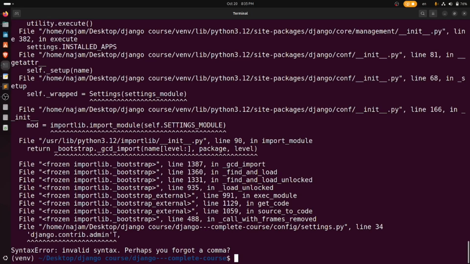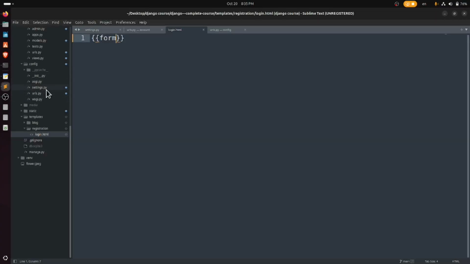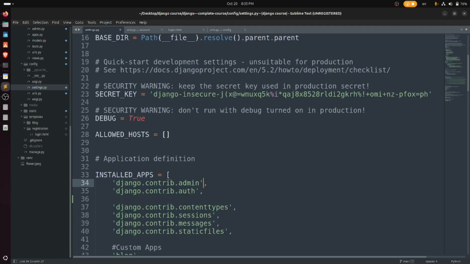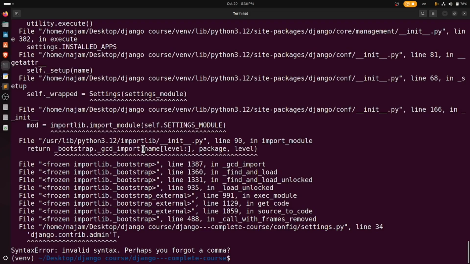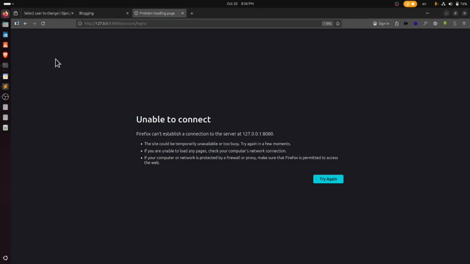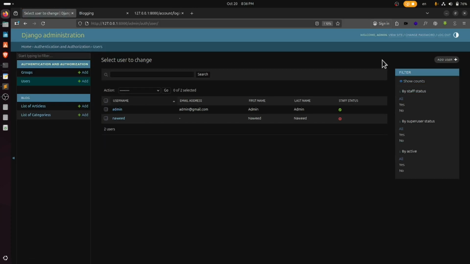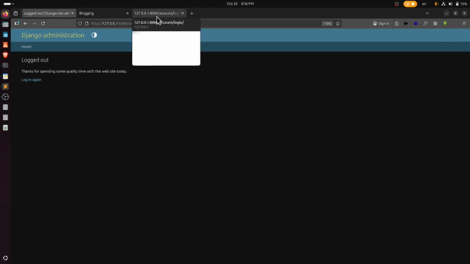Settings, line 34. In the settings line 34. When I refresh this again, okay, you can see something here. We had two kinds of user. Number one is Naveed. This is an active user. When I refresh this and I log in this,